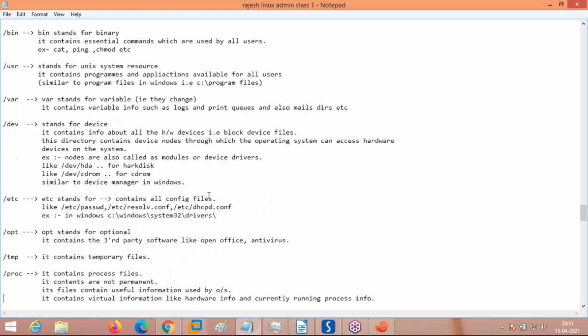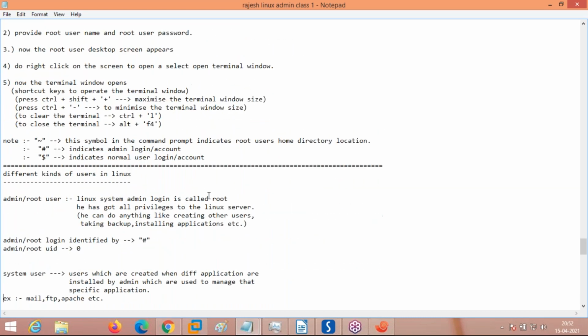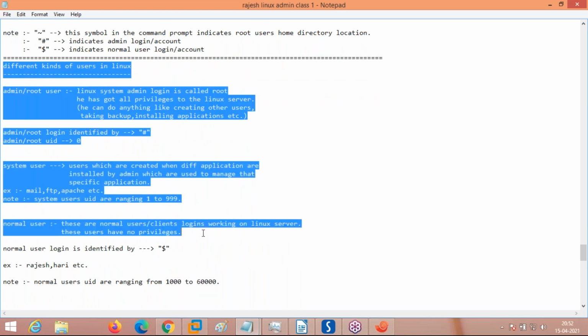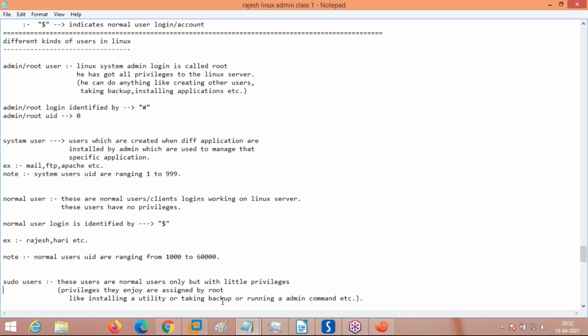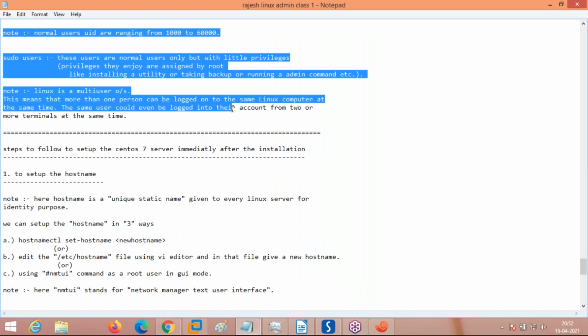Today I showed you, after deploying the operating system, the different GUI environments like GNOME Desktop and KDE Desktop. Now we will see what are the different kinds of users available in Linux. This is the last part. We will see the different kinds of users available by default in the Linux operating system.